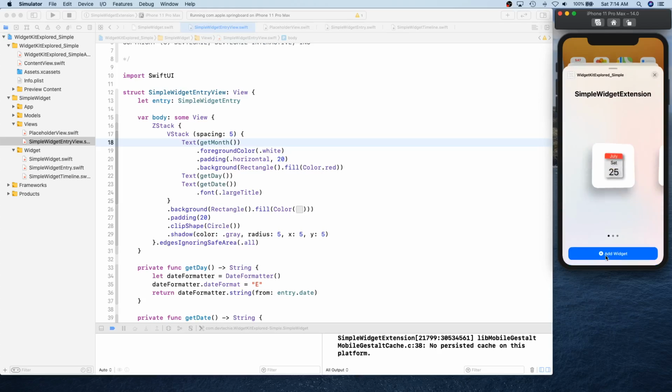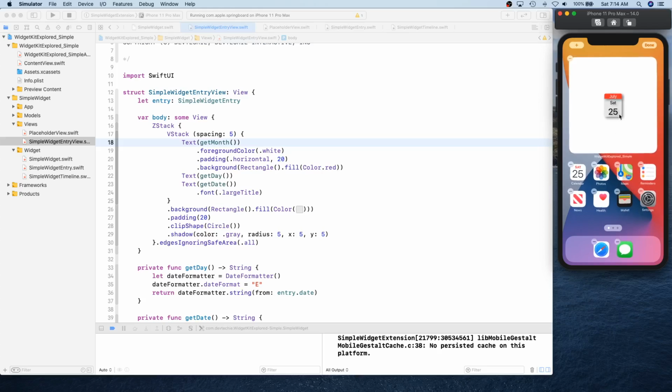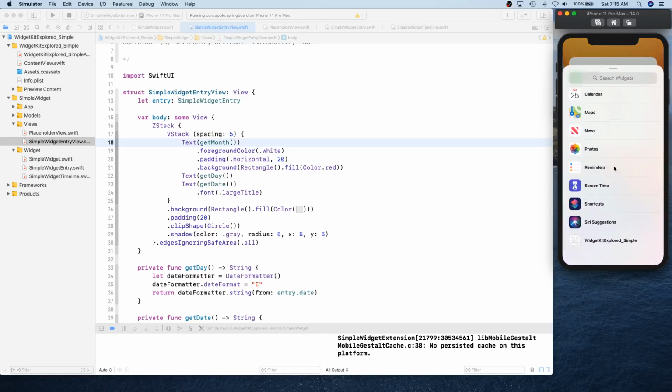So I'm going to click on it, and these are our other widget families, as you can see. Although it looks like there's a lot of space that's been wasted here, where you're just showing one cell, but that's okay. We can work with that and create new widgets that are going to show you more details. You're also going to learn how you can control your widgets to not show.